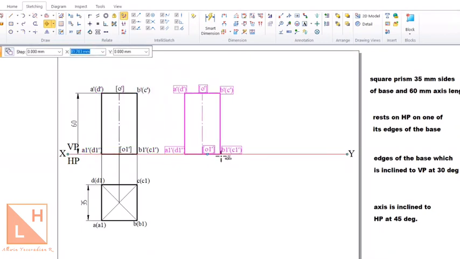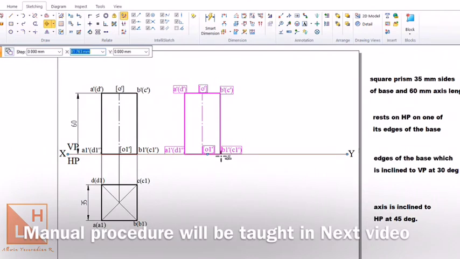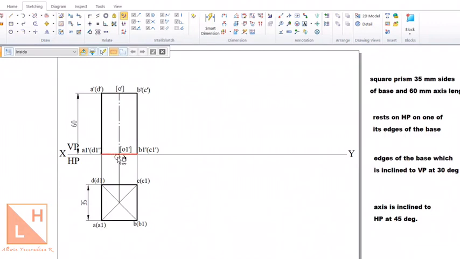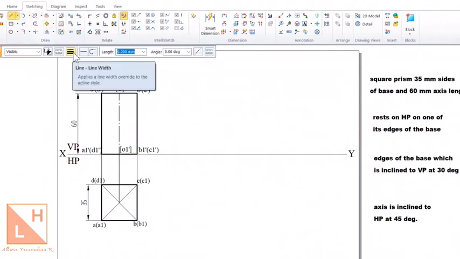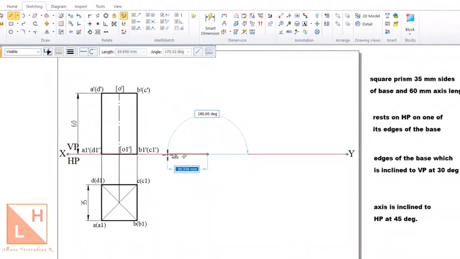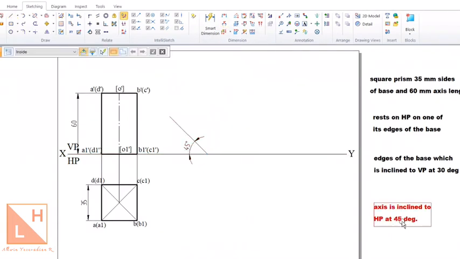So first we will copy this as it is to the second position, which you cannot do manually until and unless I teach you the procedure. To incline the base at an angle of 90 minus the angle required with respect to the axis, I'll tell you why it is 90 minus that angle very shortly. First we will select a projection line, which is a smaller, thin line type, and here I'm going to draw a 45 degree line. On this line I need to place the base of the prism. What has to be placed on this line is the base of the solid.